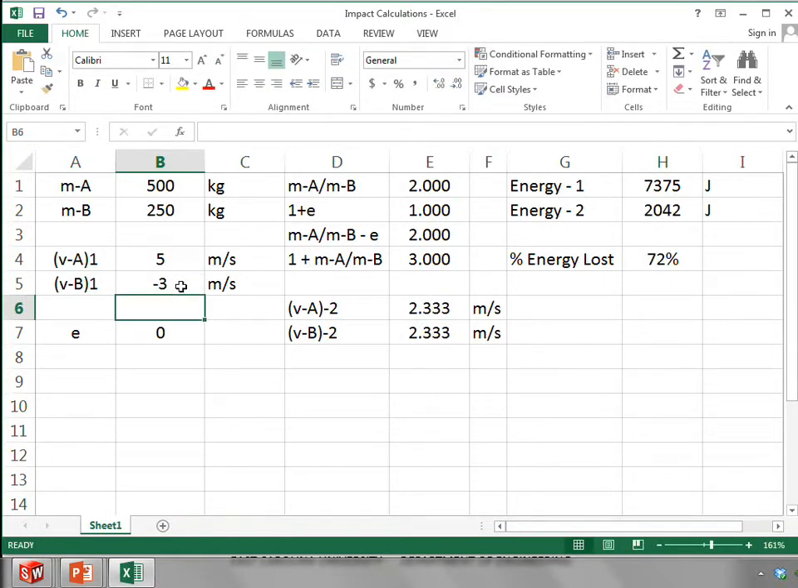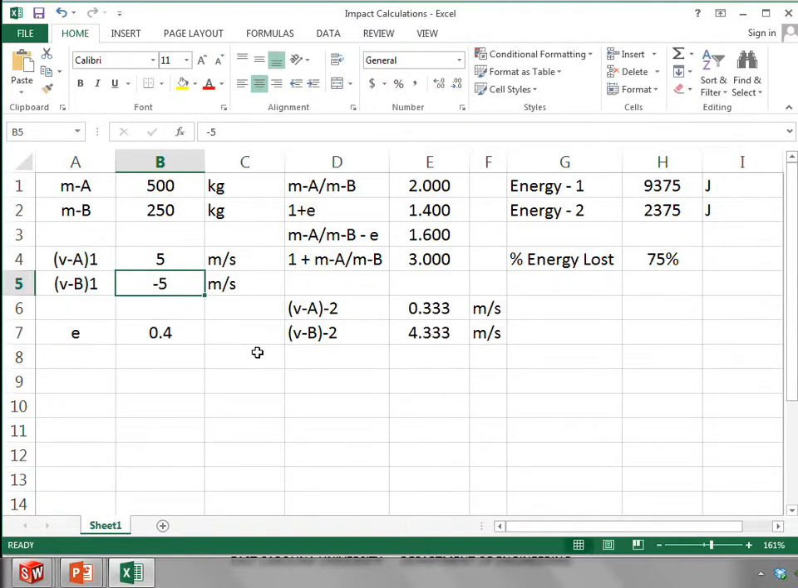5 and minus 3 are our initial velocities, and 0.4 is the coefficient of restitution. So you can see in this case the energy loss is significantly less than it was for the baseline where the two masses were the same. And you can also see the velocity of B is going to be bouncing off at a relatively high speed. Another one we can look at